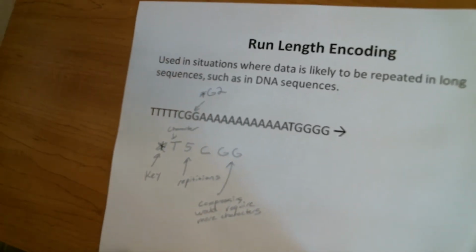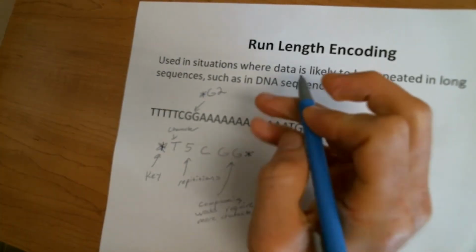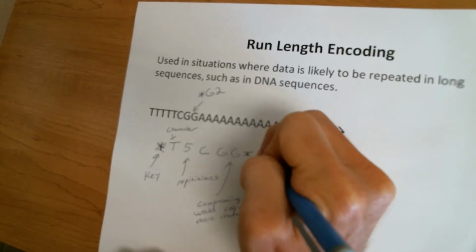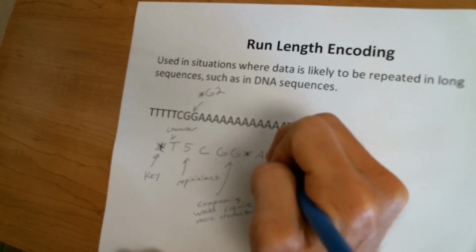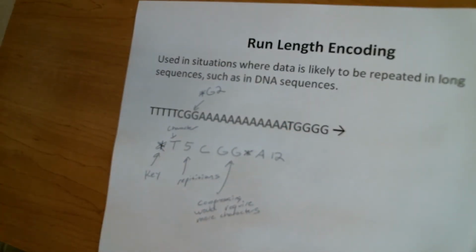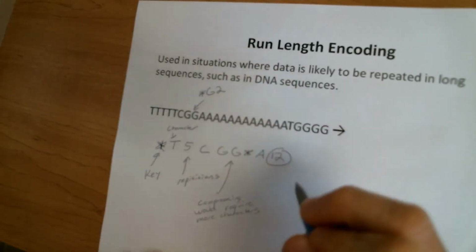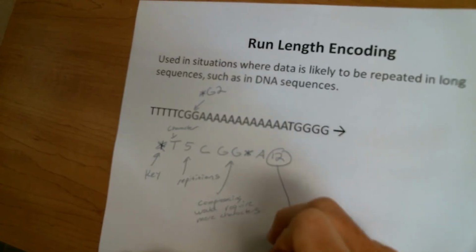All right. Then we've got A. All right. So this one we're definitely going to compress. So we've got an asterisk. We've got an A. And then, assuming I didn't count incorrectly, we've got a 12. Now, anytime there's more than 9 repetitions, it's a little confusing, but right here, even though this is a 12, as humans,